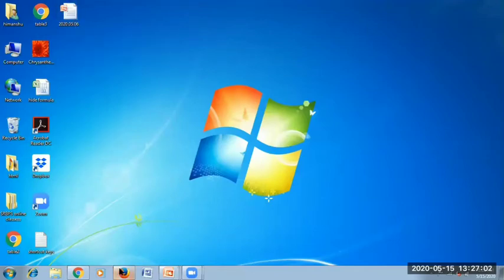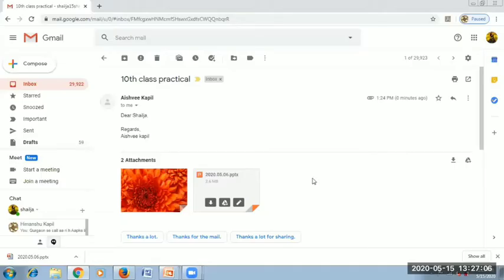Now if you want to download the 2 attachments in one go, here is the option. I hope it is visible to everyone. This is the option for downloading all the attachments. It has already been mentioned on that option that if you want to download all, you need to click here.